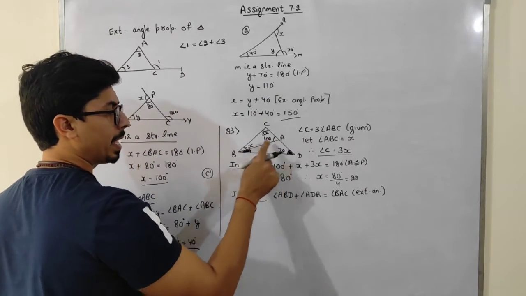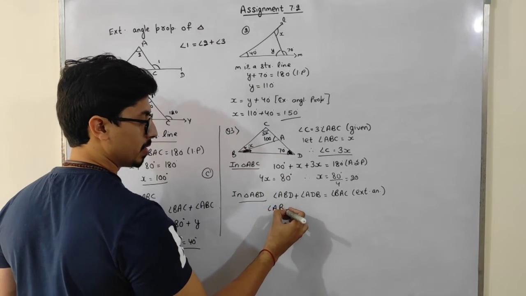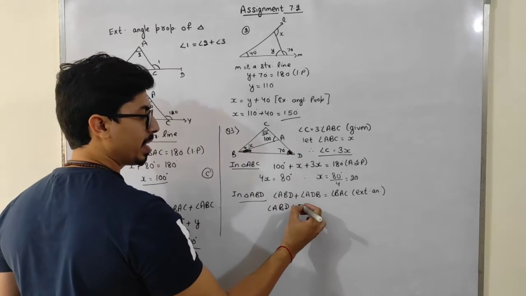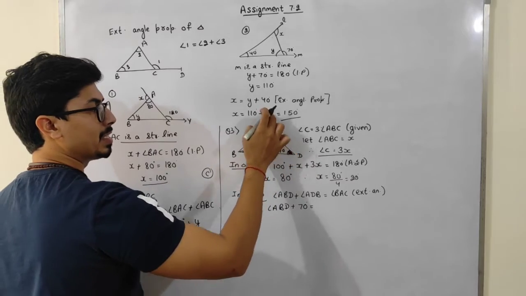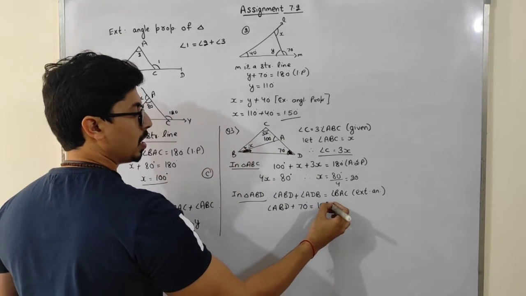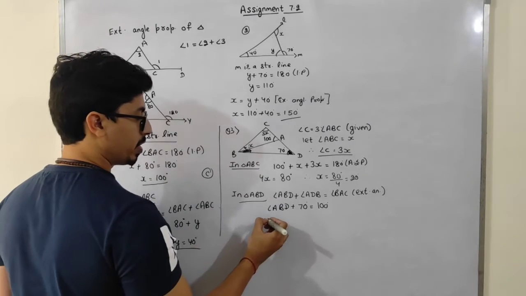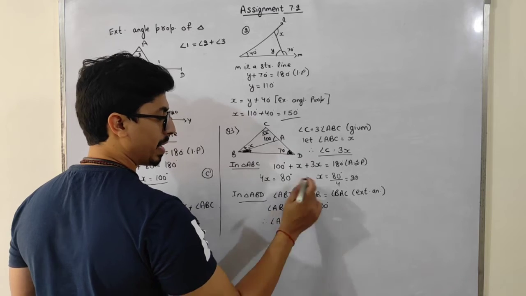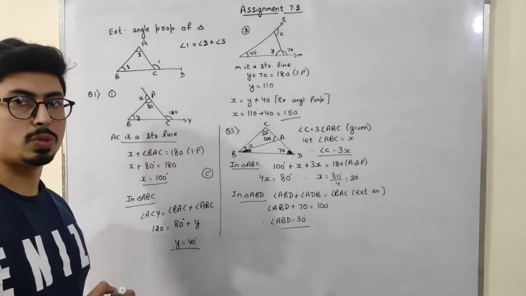So ABD we don't know because we have to find out that angle. ADB, this is 70 degrees. BAC, this is 100 degrees. So 70 is in addition, when it goes to the right hand side, it will be subtracted. Therefore angle ABD is equal to 100 minus 70, that is 30 degrees. So this is my required answer, students.